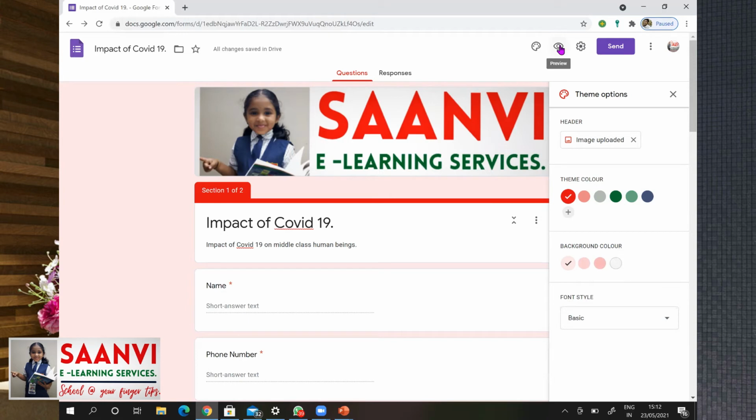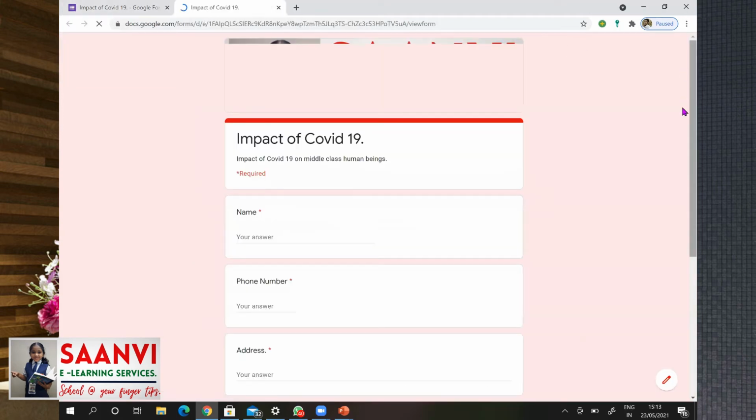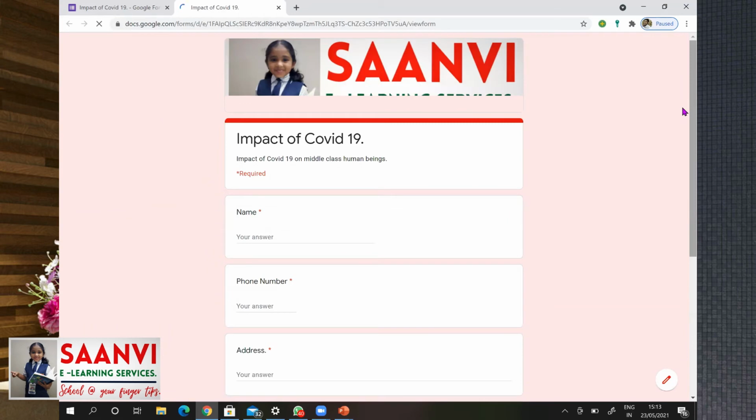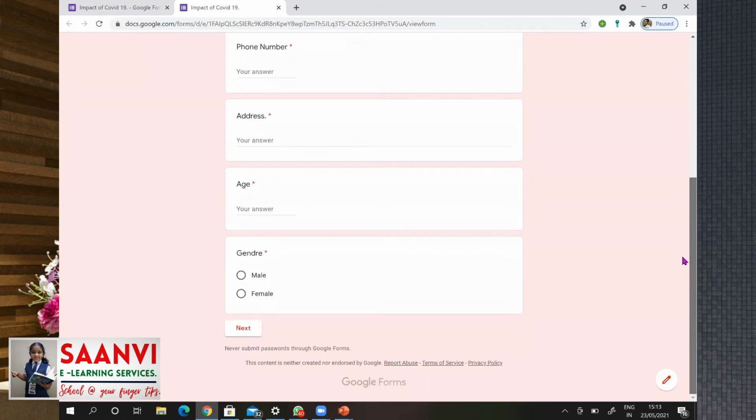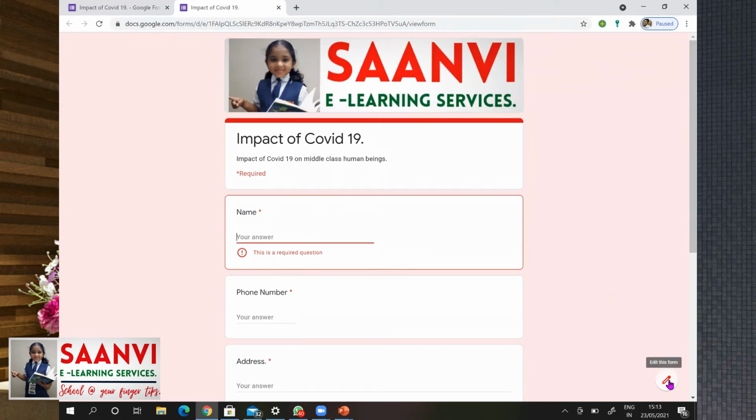You can click on preview to check how it gets displayed at the user end. It is going to get displayed like this. To go back, you can click on this pen symbol.